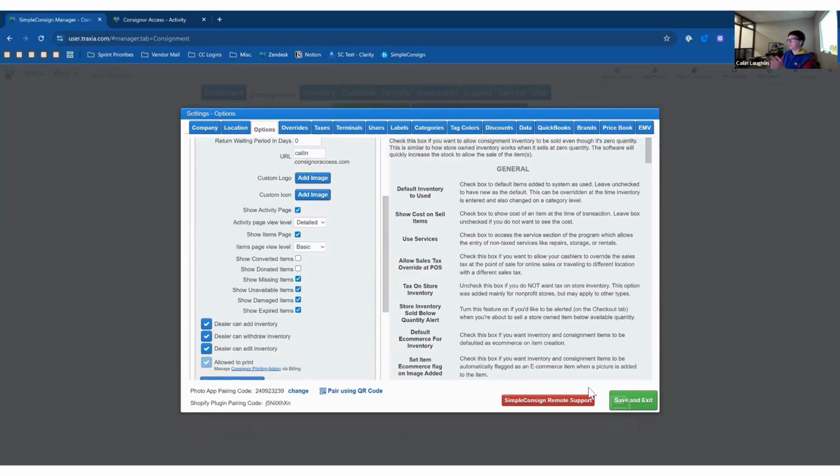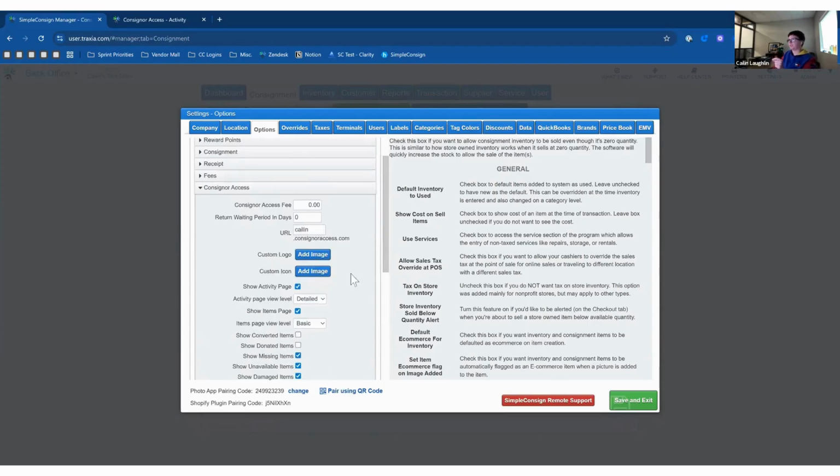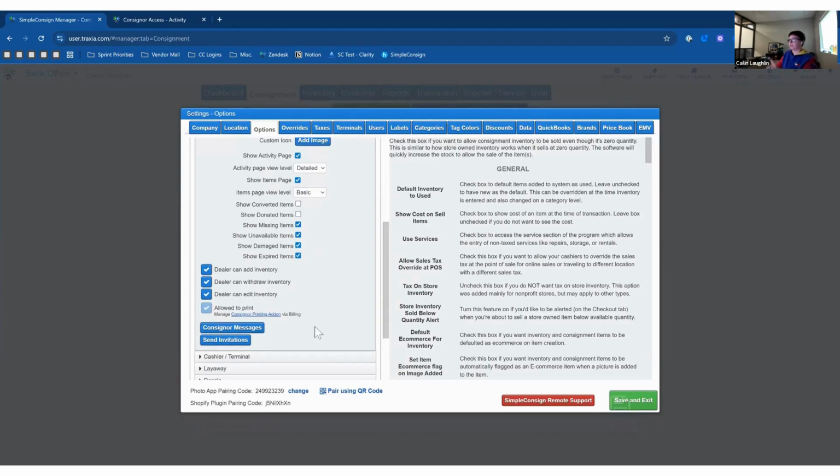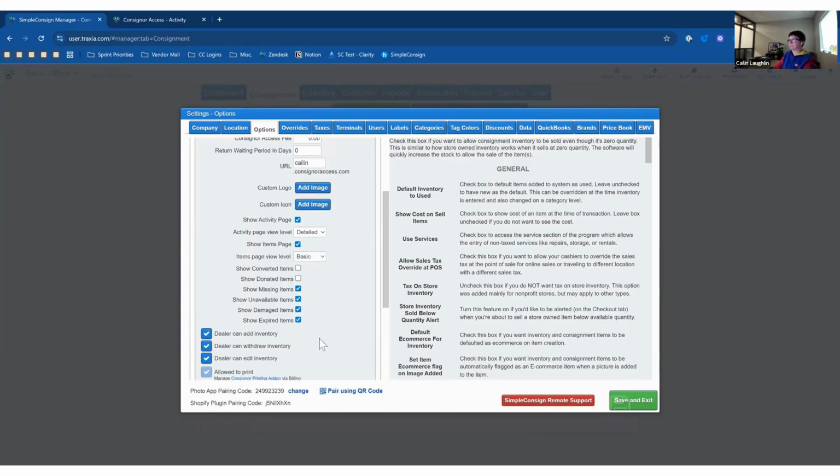All right. So the next step, once you've picked out your URL and set up your settings, is to send out invites to everyone. You can do that in bulk using the Send Invitations button. This will send everyone who has Consignor Access enabled an invite. I would recommend only doing this when you're kicking off the feature at the very beginning. As you're adding people into the system and you want to invite them on a case-by-case basis, you'll do that